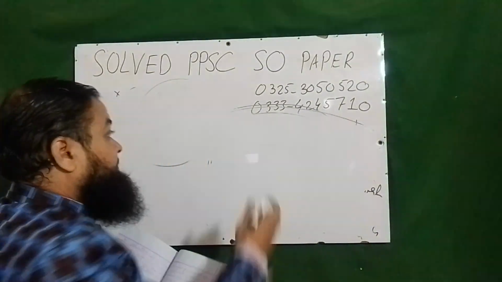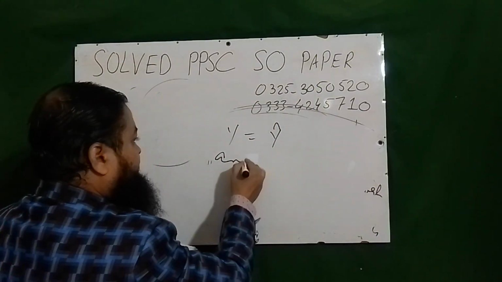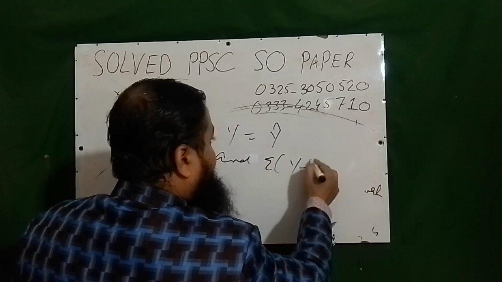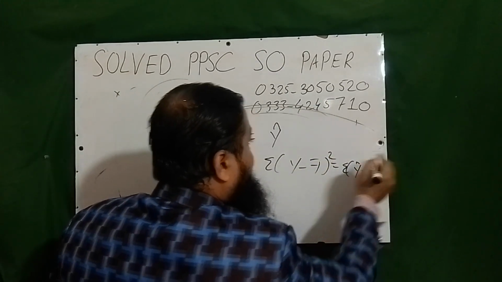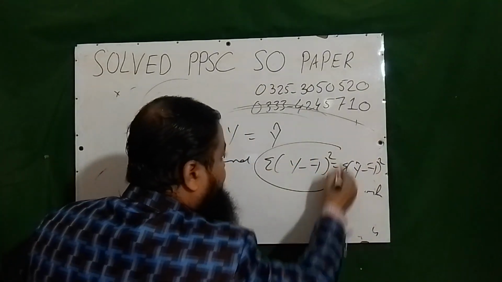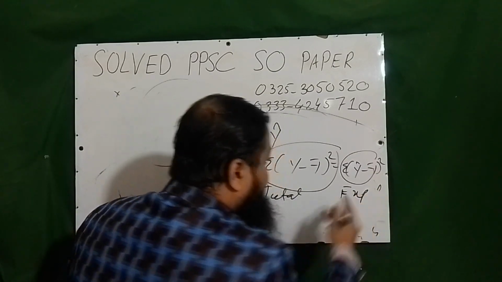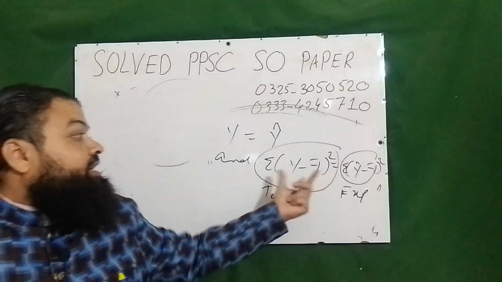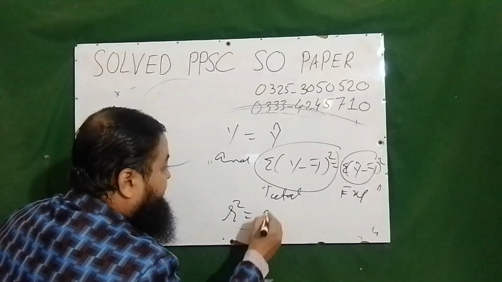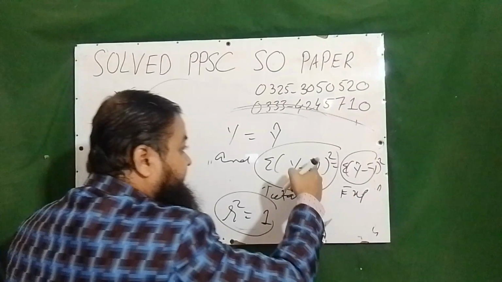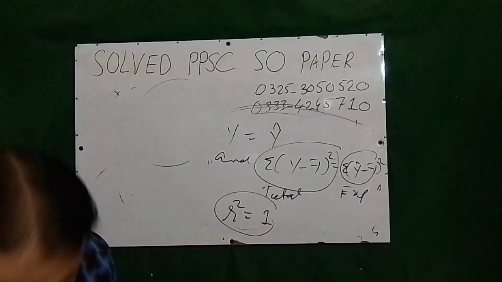And a very important concept: if y is equal to y cap, and summation (y minus y bar) whole square is equal to summation (y cap minus y bar) whole square. As I told you, this is total variation and this is explained. This question can be asked in the exam. If total variation has been explained, it means R square is equal to 1. 100% variation in y has been explained by all independent variables. And if